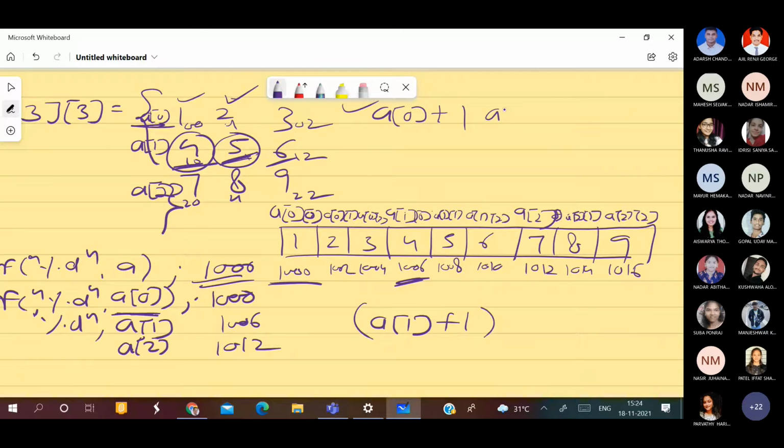A0 plus 2 करेंगे तो address of 3, right? Yes. Similarly, if I do A1 plus 1, I'll get address of 5. A1 plus 2, address of 6. A2 plus 1, address of 8. And A2 plus 2 is address of 9. Is that clear?